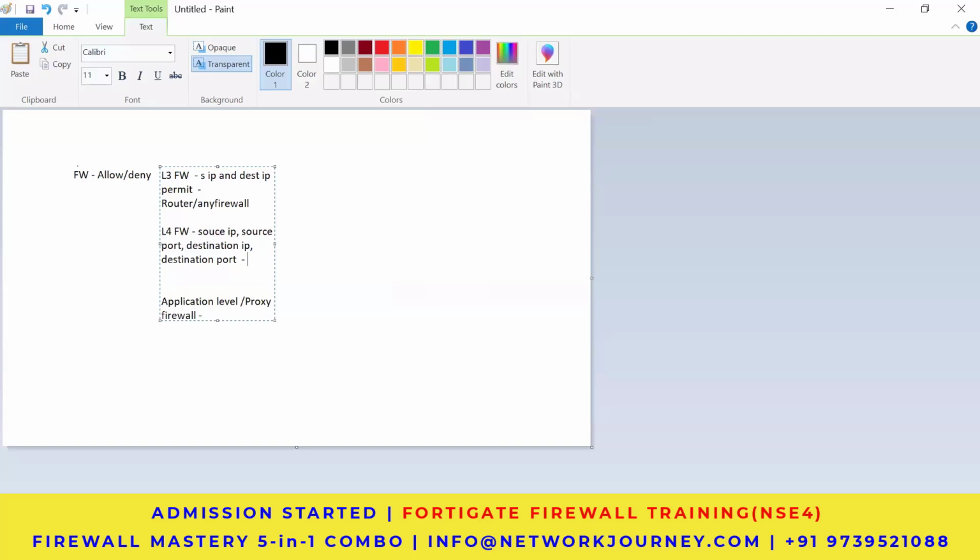For the L4 firewall, we have the earlier Cisco ASA or FortiGate, anything you can take. Okay. And then we have the application level firewall or the proxy firewall, right, where it will be acting as the proxy. We have that in FortiGate also, and in other firewalls like Cisco and Palo Alto, right? And apart from that, we have Blue Coat. There are some other proxy firewalls where, whenever packets come in,